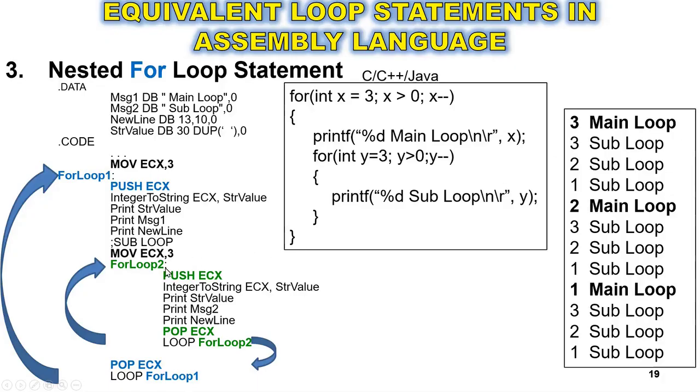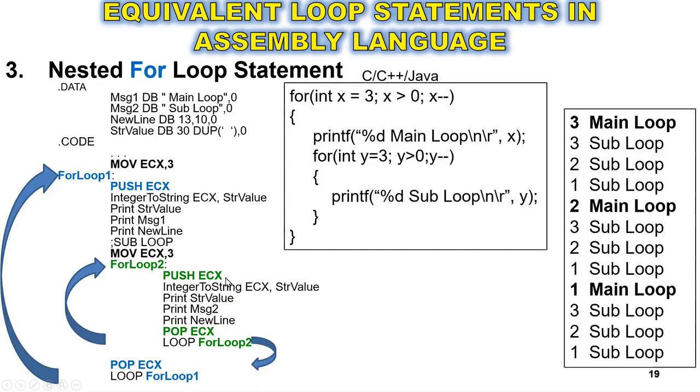And then the command move ECX 3, we are going to set up our subloop that will also repeat 3 times. The body of our subloop now begins with a label name for loop 2 with a colon. And then this is now the body of the main loop. Again, we need to preserve the register ECX into